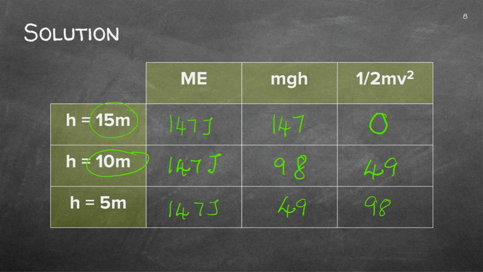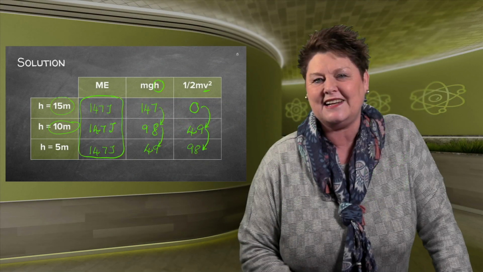joule. Now, a very important occurrence here is that the potential energy is being lowered. Yes, it's true, because your height is different. Your velocity, on the other hand, is increasing because it's accelerating. Can you see from 0 to 49, from 49 to 98? But a very, very interesting phenomenon, and we're going to do it in the next lesson, is that the mechanical energy stays exactly the same.